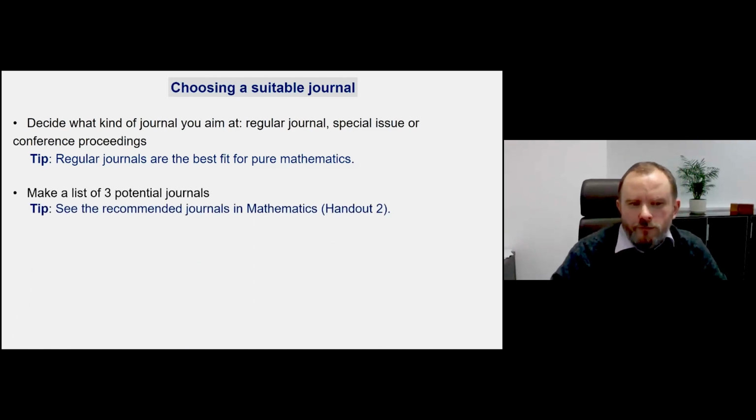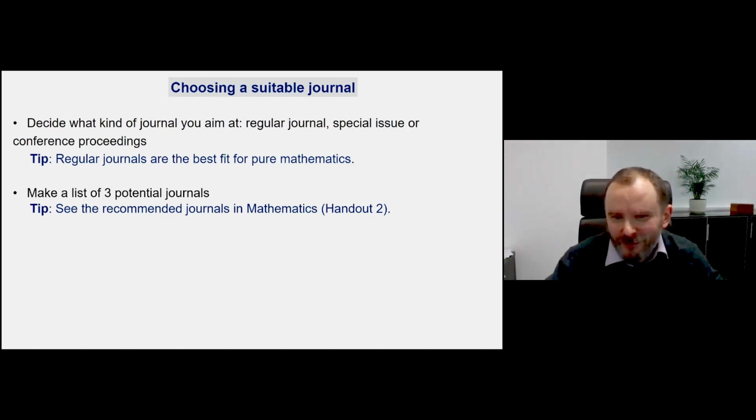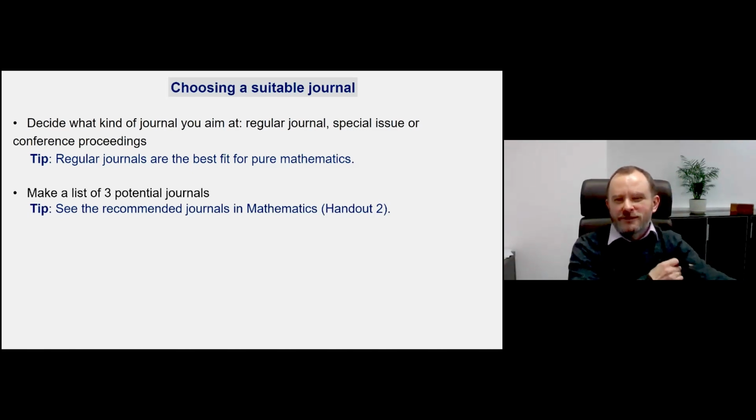Again, this is up to you. But what I propose is to make a list of 3 potential journals, especially when you work with co-authors. Say we submit to this journal first. If we have a rejection, then journal number 2. If rejection, then journal number 3. If 3 rejections, then we will think again, maybe rewrite the paper, I don't know, change something more essential.